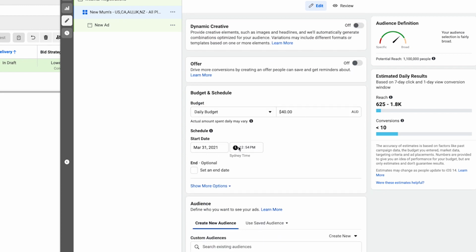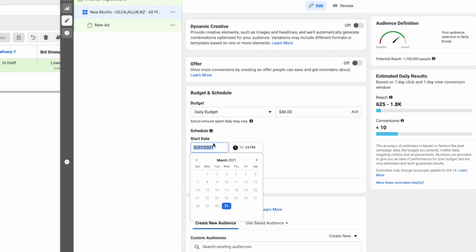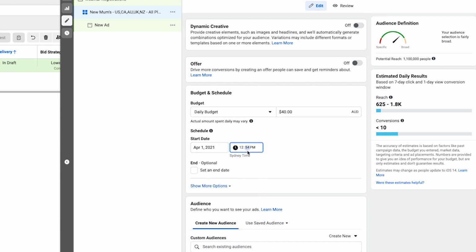I recommend that here you set it to midnight on the next day. So the reason for that is, I'm saying 12 a.m. I like to start my campaigns and my ad sets at midnight so that the algorithm gets a full day to allocate your budget on that first day. If you just leave it to start right away, what happens is you'll publish this, it'll go into a review process, and it might take a few hours for Facebook to review and approve your ads, and then they'll start